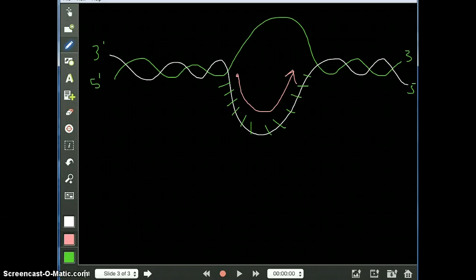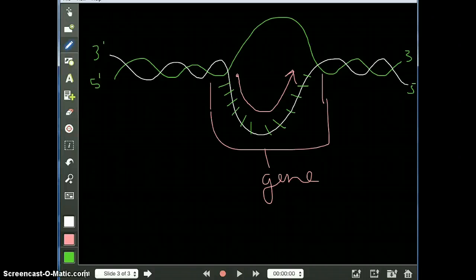Now, that little strand is the section of DNA that we want, that is considered our gene. So how do I actually code for it? RNA polymerase comes in and puts down the corresponding letters. So if those green letters here were A, T, C, C, G, A, T, T, A, C, C, G, I